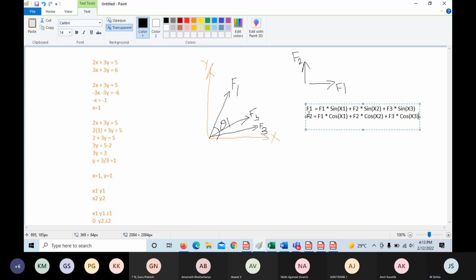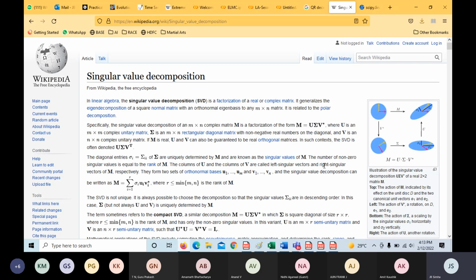isn't it? I can have 100 forces, still I will be reducing them to two forces where the effect of each force on the vertical or horizontal direction can be seen, or I can see the effect of this force in this direction, the effect of this force in that direction. In whatever angle I want to see, I can decompose that. Such kinds of compositions are called singular value decompositions. First we will have it in two directions, and in any direction you want you can have that. The way we try to decompose that is like this: M, U, E and V,